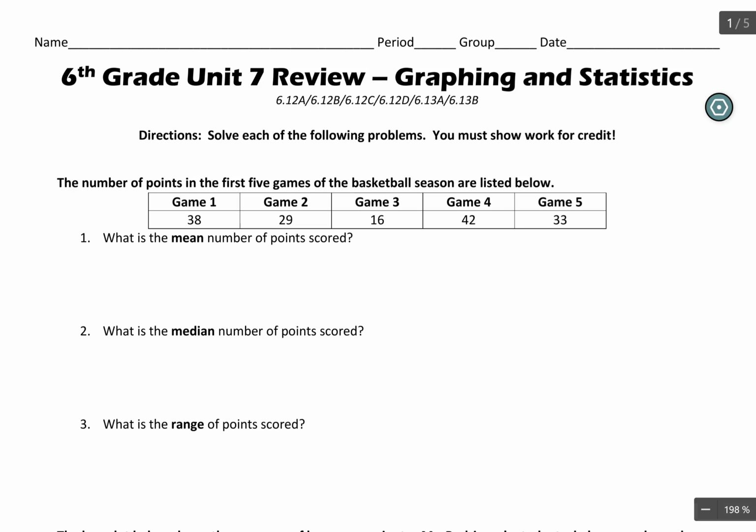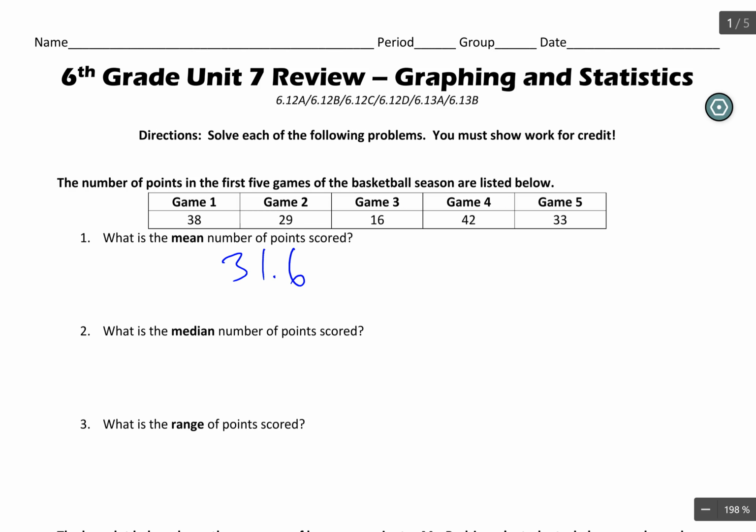So mean, of course, is all my numbers added together. So I'm going to sum my data, divide by the number of numbers. When I add all my data pieces together, I get 158. So that's 38 plus 29 plus 16 plus 42 plus 33. Add them together, again, it is 158. I divide by 1, 2, 3, 4, 5. So I divide by 5, and that's going to get me